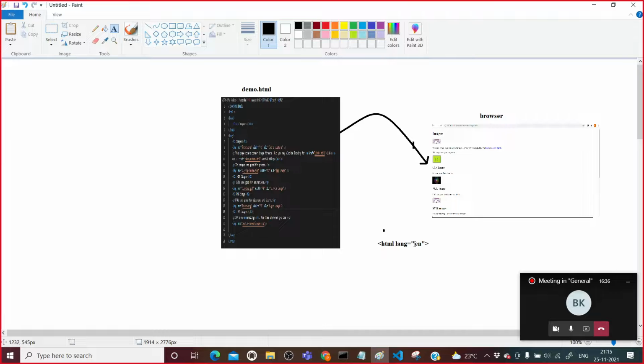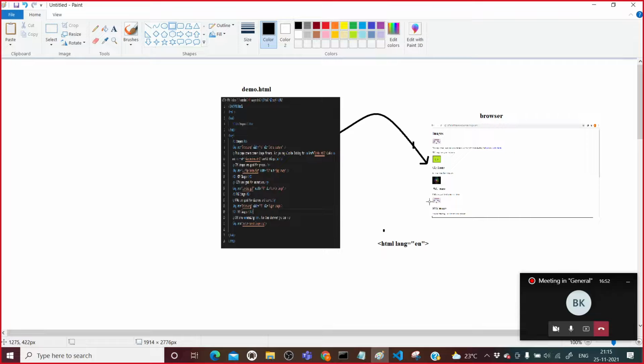This en refers to English, and it is the tag of the English language. By seeing this, your browser is going to conclude that the document is written in English, right?